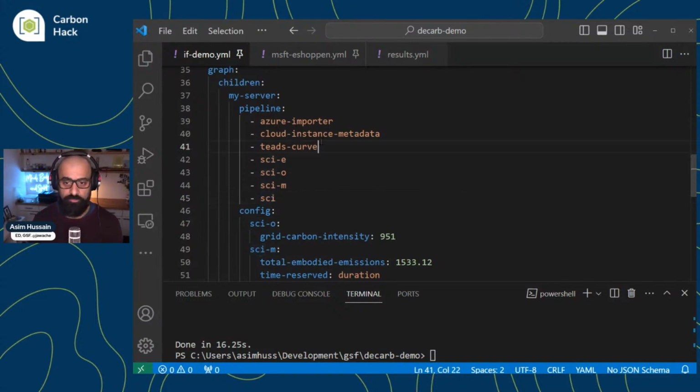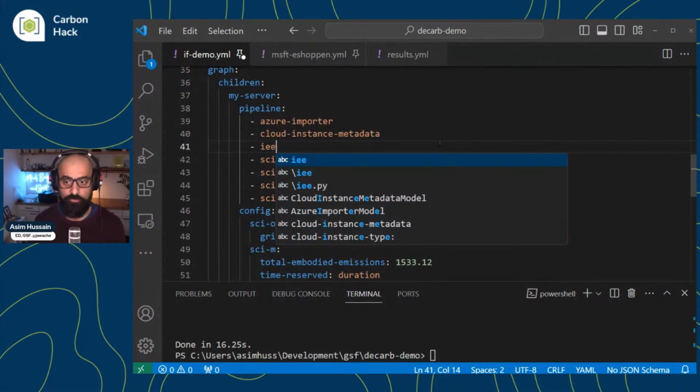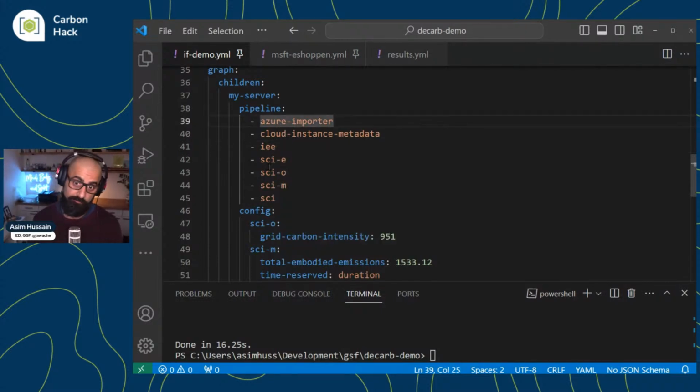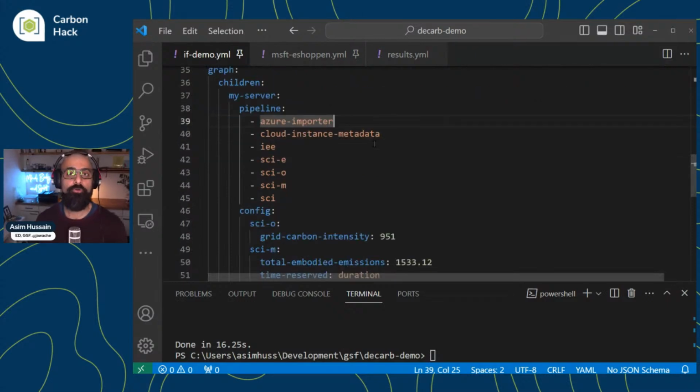Just to give you an example, the framework is written in JavaScript and TypeScript, but it doesn't mean you have to write your models in TypeScript, although it'd be slightly faster. For instance, there's a model here built with Intel called the IEE model, Intel Energy Estimator. TEADS is very generic, and IEE will give you numbers for a specific CPU.